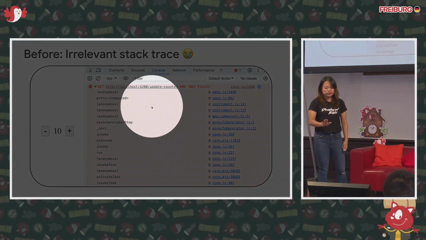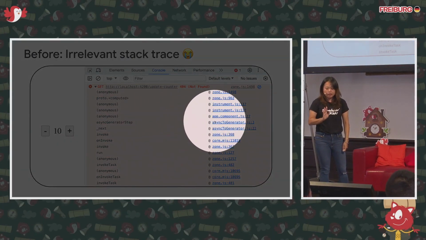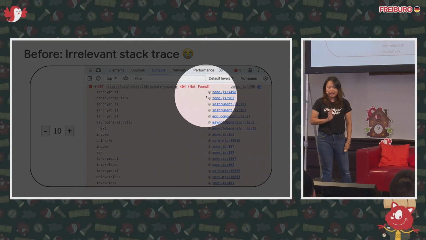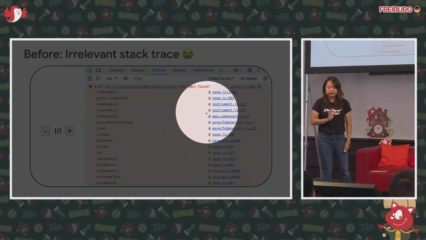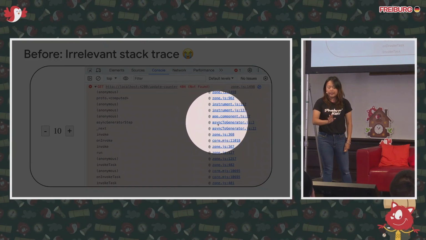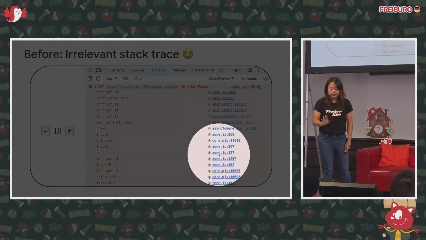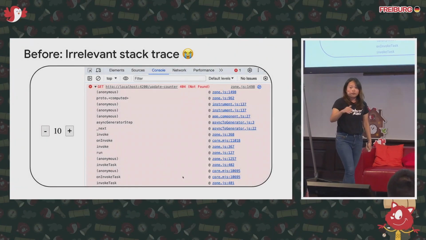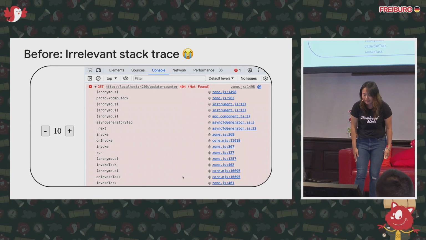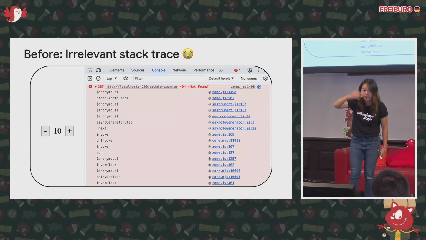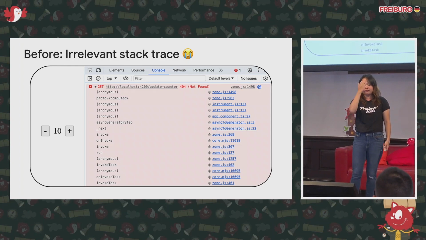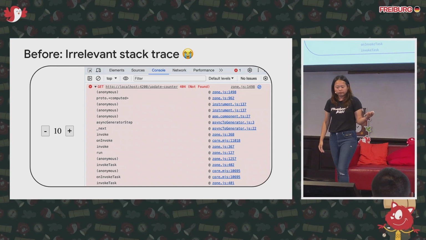Your actual source code, the actual thing that you need to debug, is probably the app.component.ts file. And all the others are code from the frameworks, be it Angular, Vue.js, or from third-party libraries. When you do stepping or look at the stack trace, you need to browse through a really long list to find the connection, because you just want to debug your own code instead of the library and the framework's code.